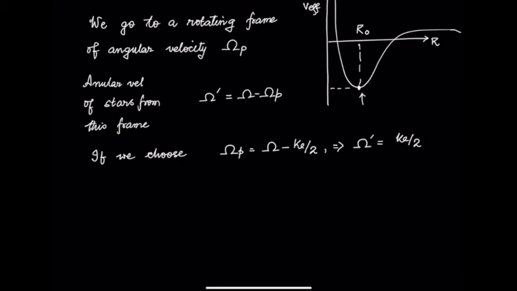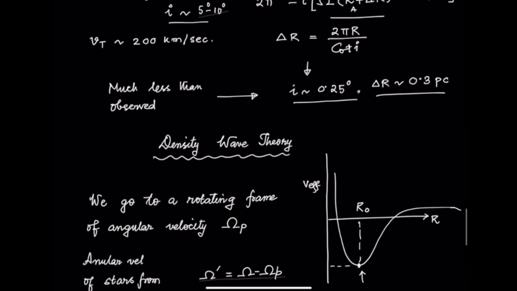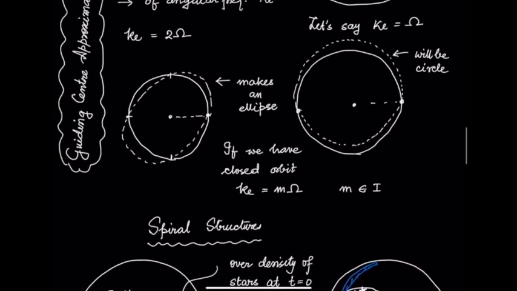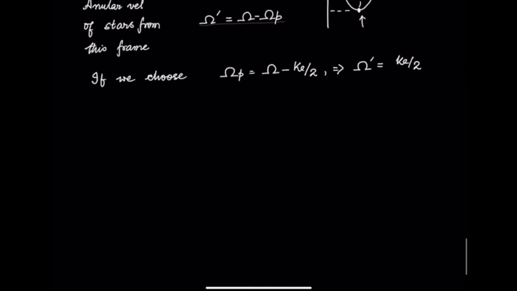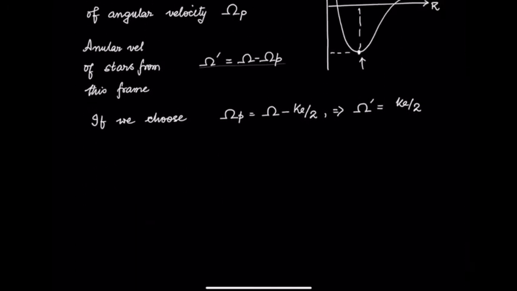What is the advantage then? Remember that if omega prime is kappa by 2, let's see what happened when we chose that. When omega prime is kappa by 2, we saw that the orbit became an ellipse. Which essentially means that now, looking from this reference frame where the angular velocity is omega p, I will see the stars moving in an ellipse. So in this reference frame,